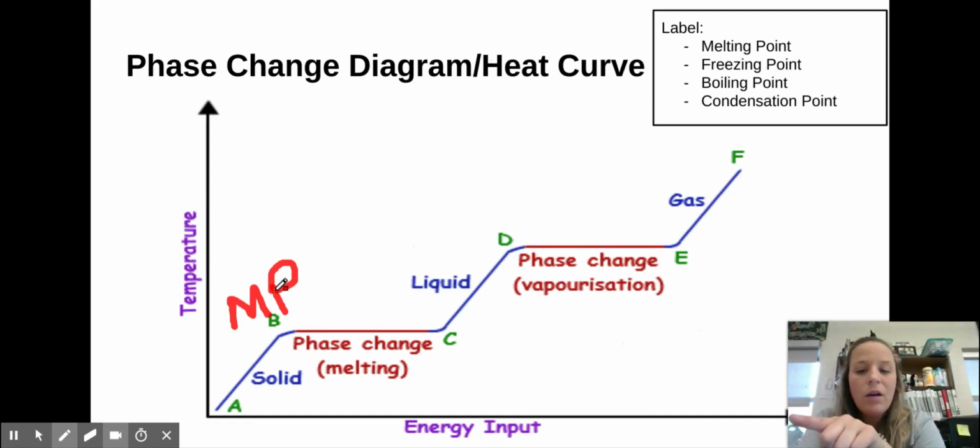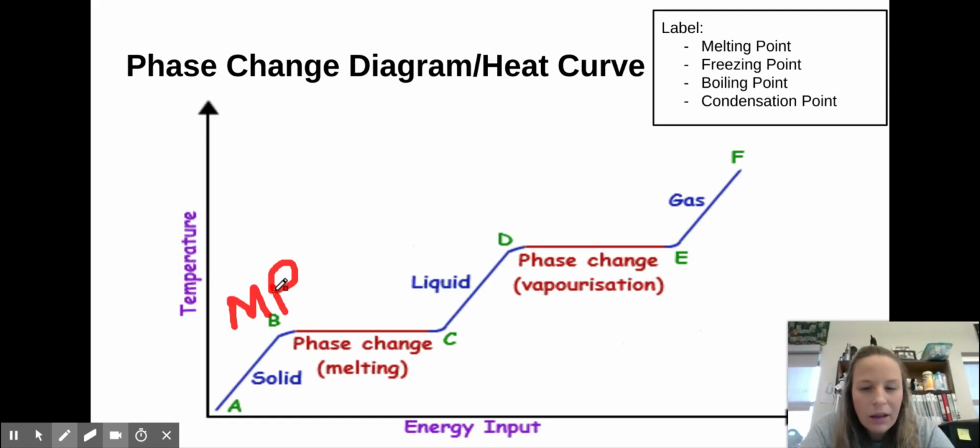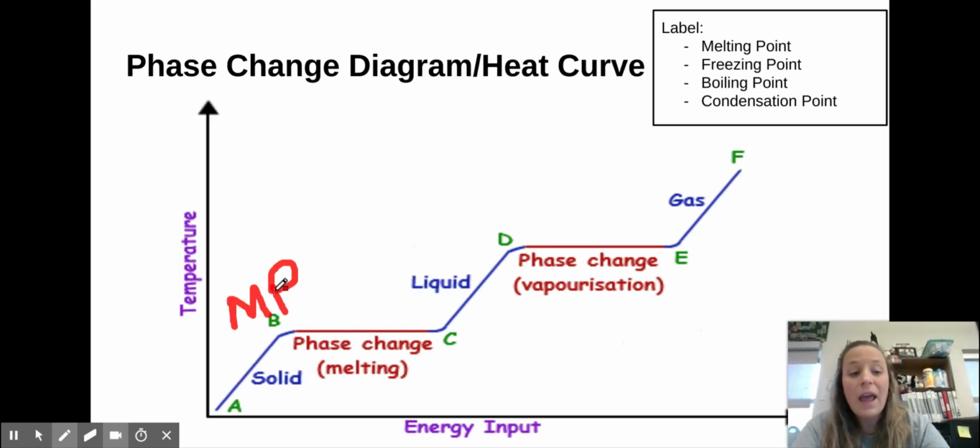Now, this is the weird part. See how at my melting point, it stays the same temperature until I get to letter C? This is crazy, and we're going to do a lab to prove it to you. Okay, but all of that ice water is going to stay at 0 degrees Celsius until every single molecule has turned into liquid. Meaning, until it's all melted, it does not change temperature. Once every single molecule is liquid, so that's point C,